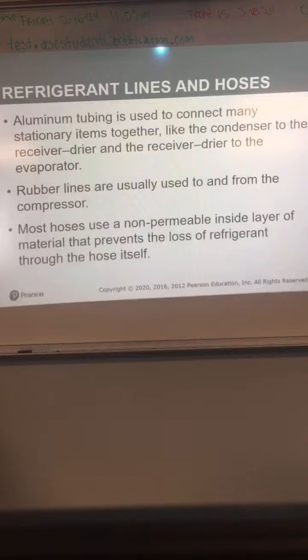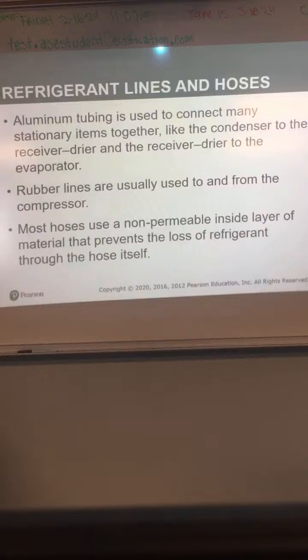Okay, your refrigerant lines and your hoses, some are flexible, some are solid. Aluminum tubing is used for stationary items, such as the condenser, receiver dryer, and that kind of stuff. Rubber lines are used to and from the compressor. Most of them use a non-permeable inside layer material that prevents the loss of refrigerant through the hose itself. You're not supposed to lose refrigerant. In a perfect world,